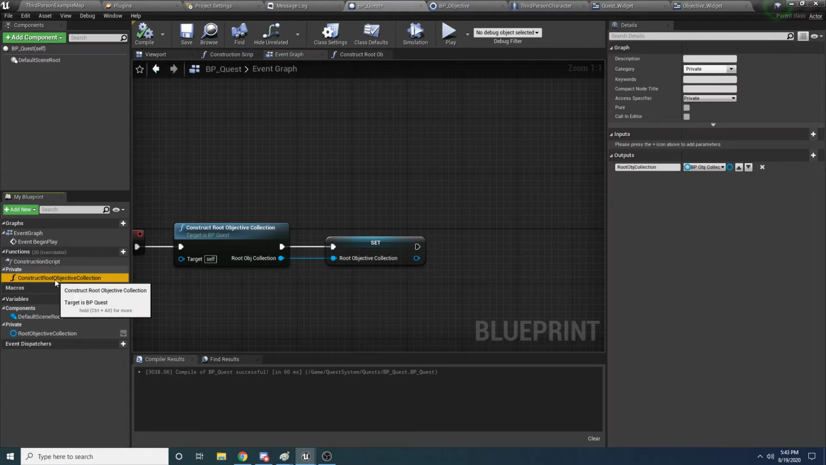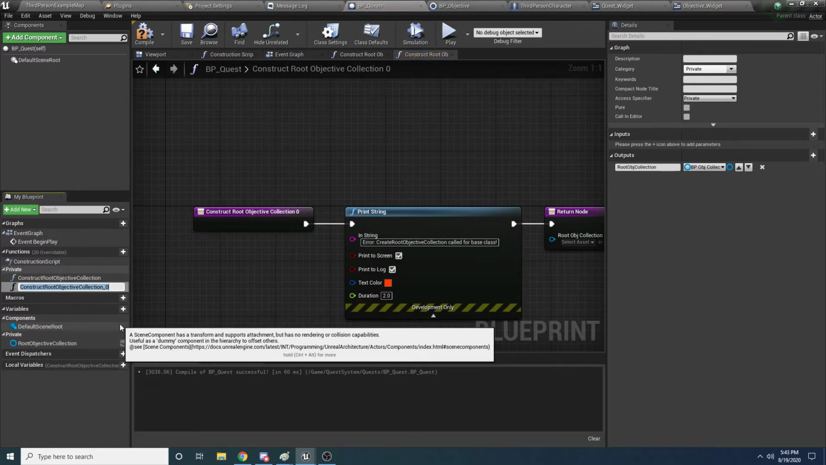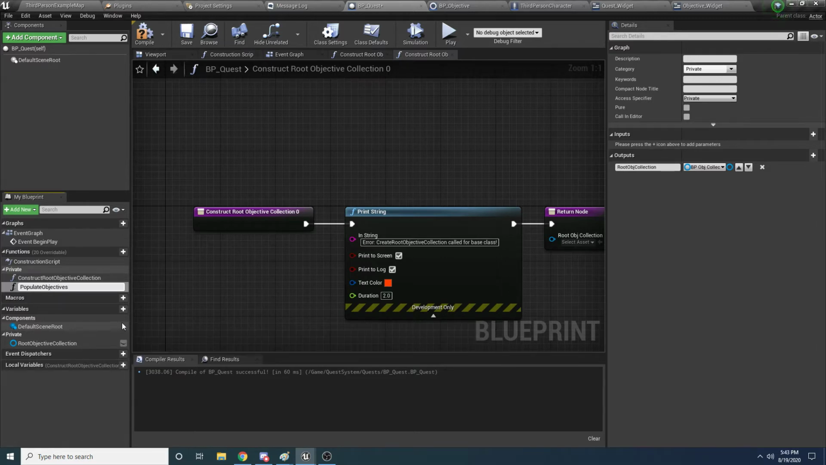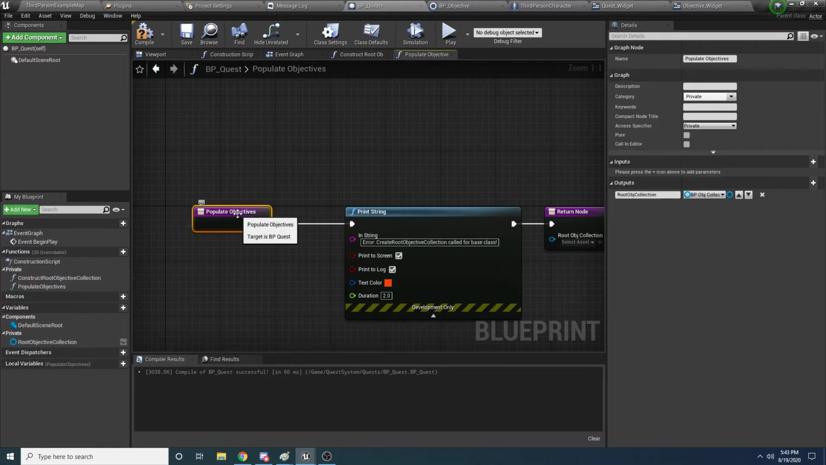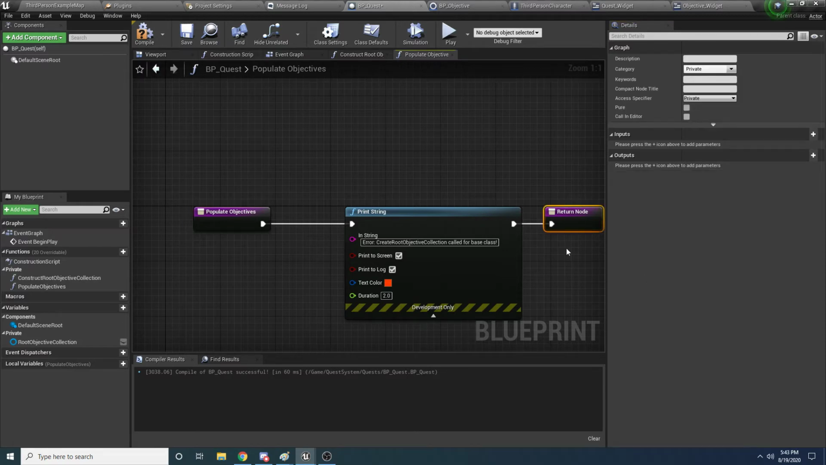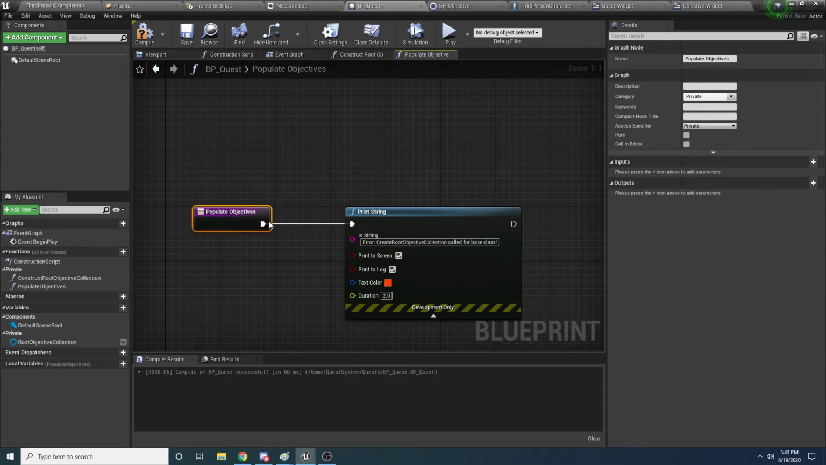So we can just right click on this one and say duplicate, except this one we'll call populate objectives. And for this one, we want it to take in the root objective collection. So we don't want an output parameter, so we can delete this, and we can delete this return node. But we do want an input parameter, so select it again, add a new parameter, make sure it's of type BP obj collection, and then change the name to be the root